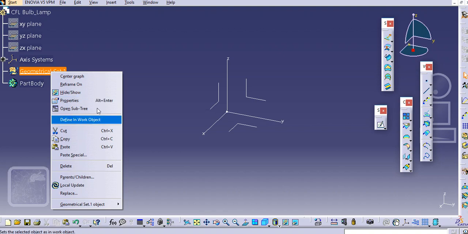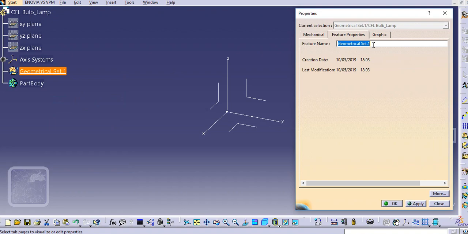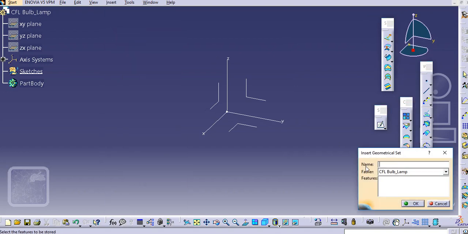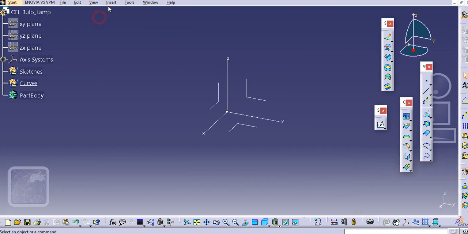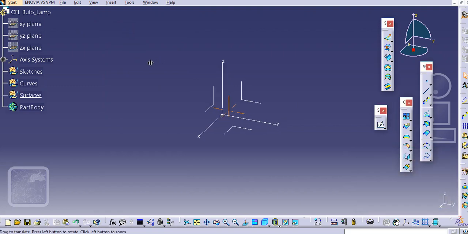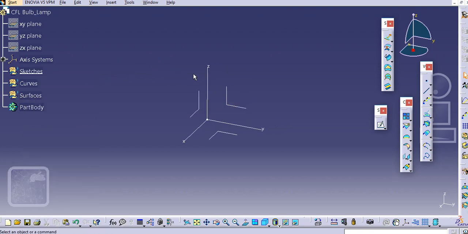So here we will just change the name of this geometrical set. Let us give the sketches. Just insert one more geometrical set, and that will be the curves, and one more geometrical set we will add, that is going to be surfaces. So now make these sketches as a defined work object. So just start with the